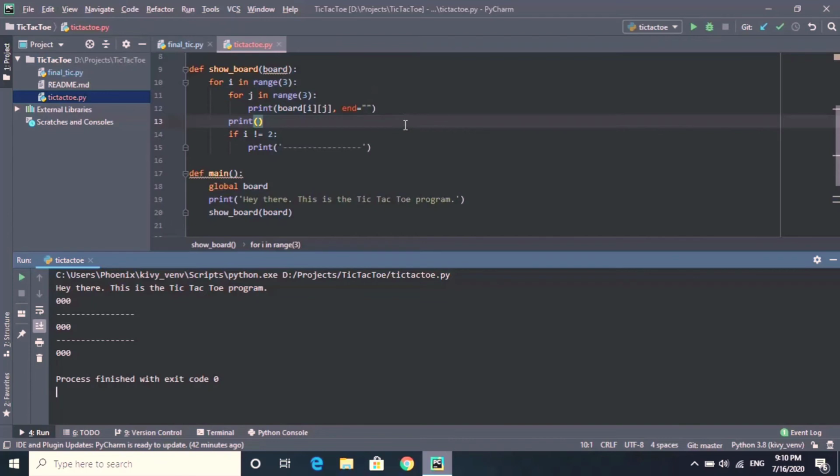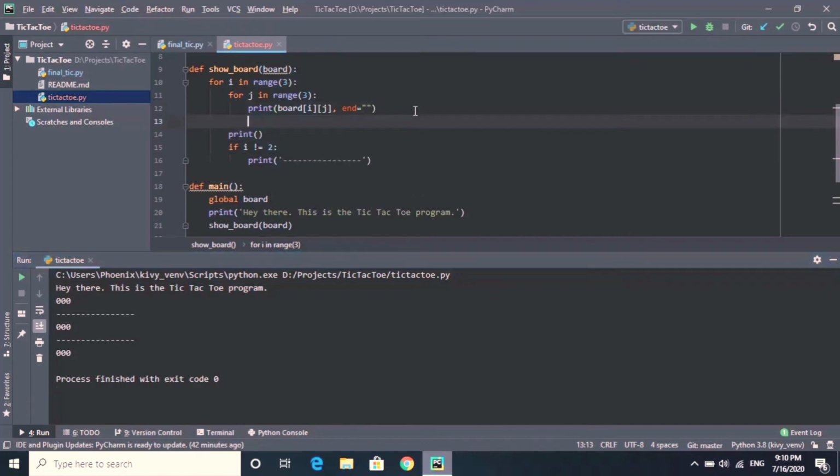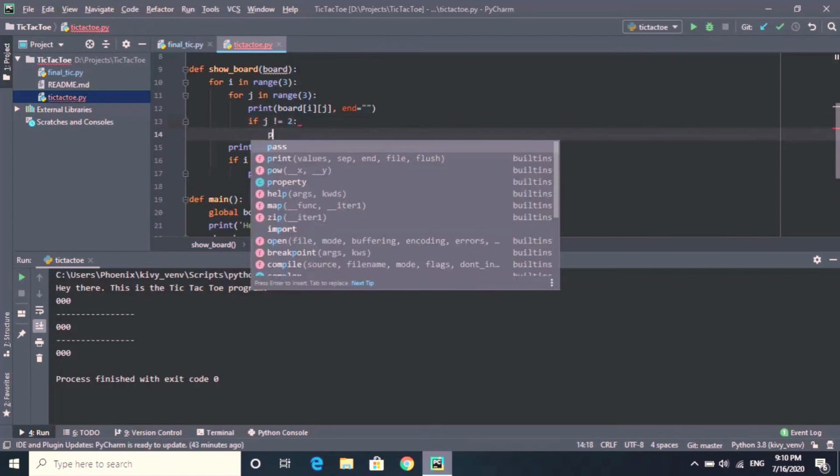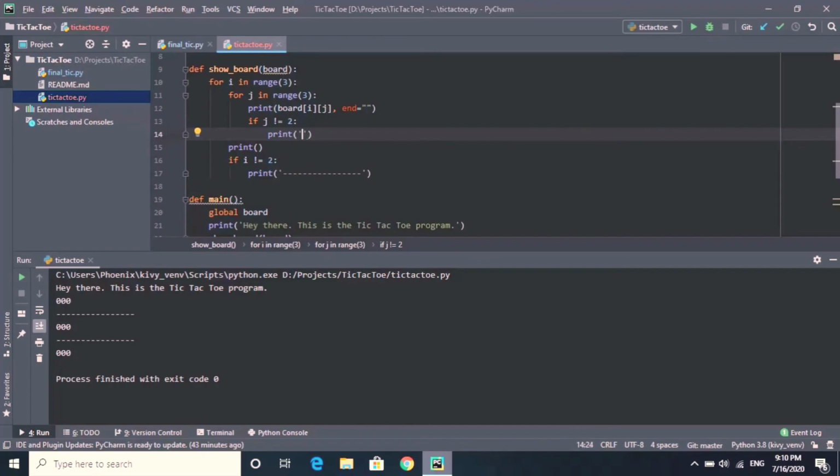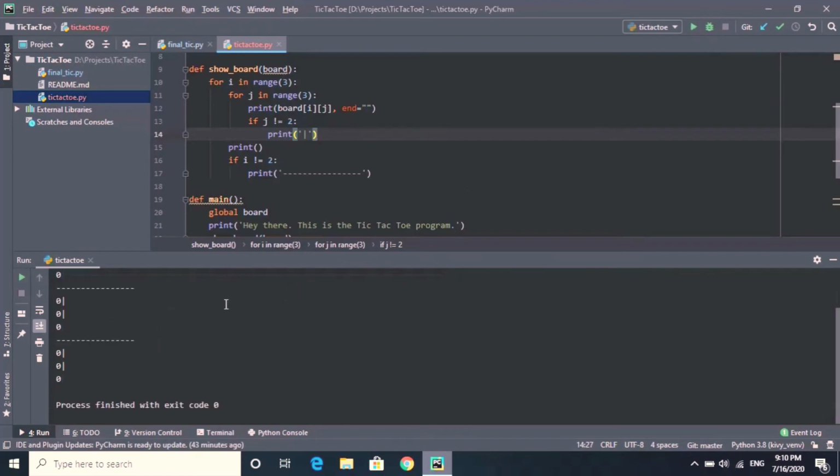Now what we need to do is print vertical lines between all of these. So for that, let's go into the inner for loop, and remember, you need to do this after printing the value. If you do it before, then it'll get printed 3 times instead of 2, and you can play around to see what happens, but I'm not going to do that here. If j is not equal to 2, what you need to do is print this vertical line, or whatever way of decoration you are using. I'm just using a basic CLI one here. And oh yeah, my bad. It is still going to a next line. So if we fix that,